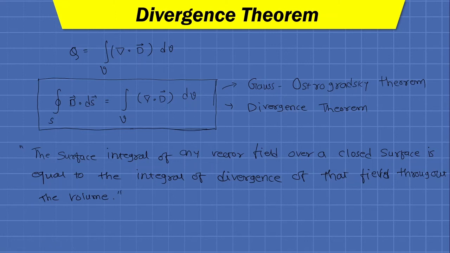This characteristically represents the divergence theorem, and this theorem can be applied to any vector field, but the partial derivatives of that vector field must exist. So if we want to apply this theorem to any kind of electrostatic field, then its partial derivatives must exist, because if that is not possible, then the right hand side cannot be calculated.